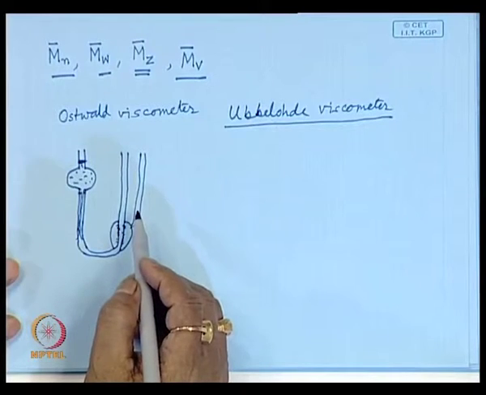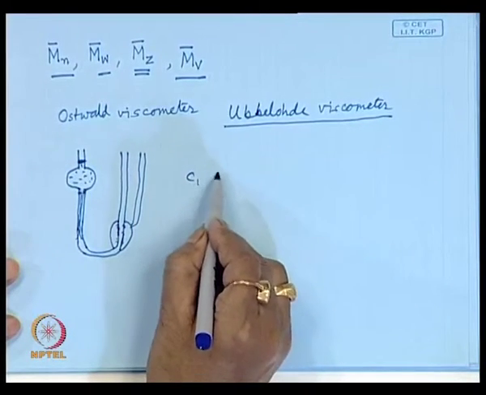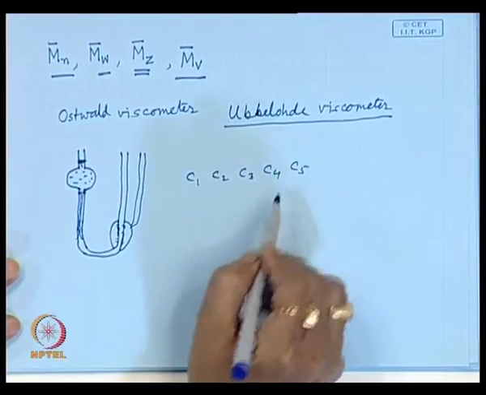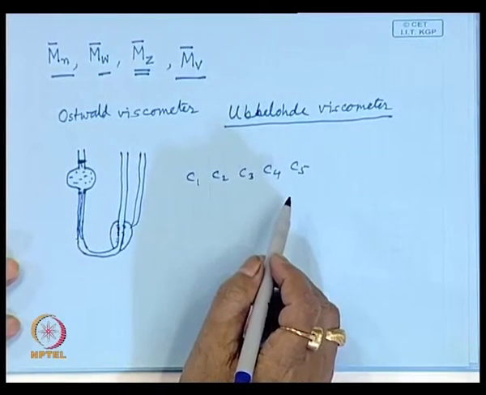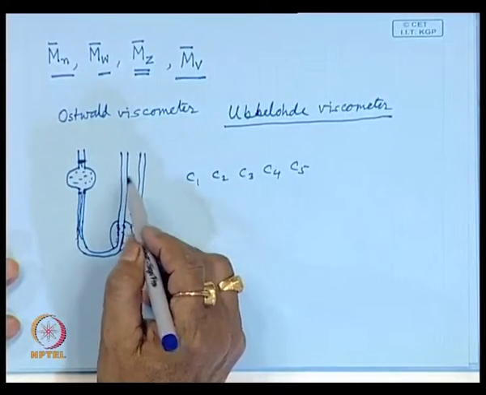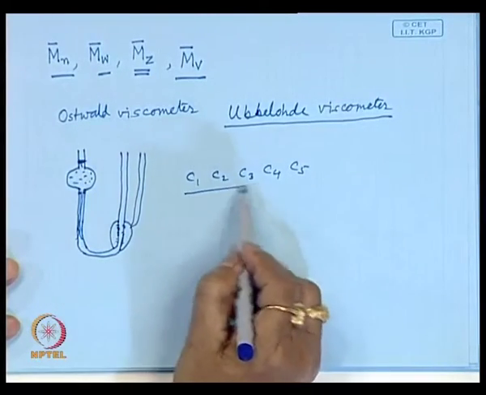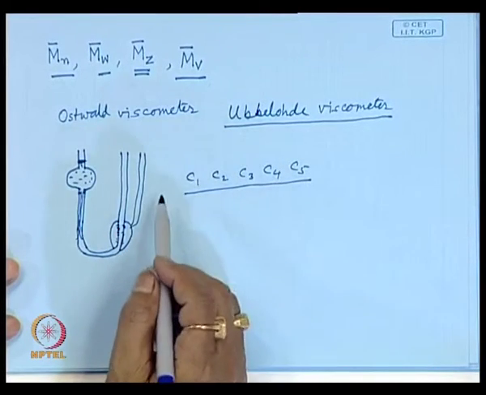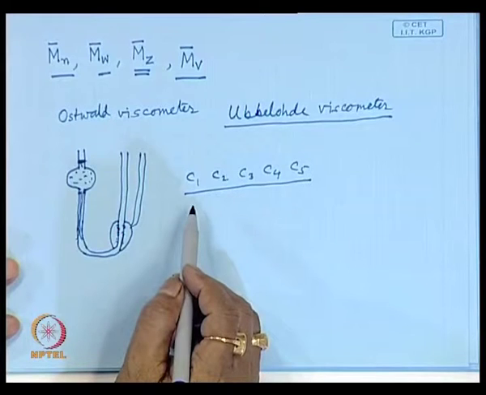So, this way you can have concentrations C1, C2, C3, C4, C5 in grams per deciliter. Okay. So, taking only one concentrated solution, you can have so many measurements of flow time for so many different concentrations. Then the question arises, where is the necessity? Why should you go for that? Every time